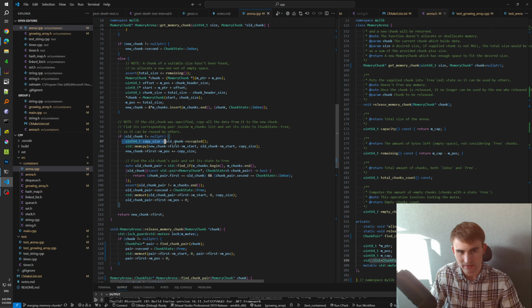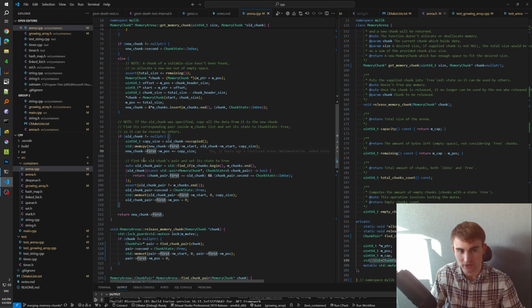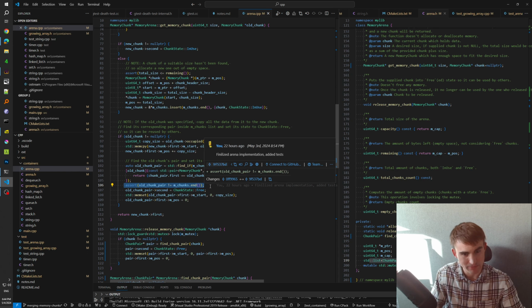We are trying to figure out, okay, how much memory was occupied in the old chunk, and if there was some space occupied, we just copy it to a new chunk from the old one, and we change the position of the new chunk, and then we find the iterator of the old chunk, and it shouldn't be end, because otherwise we are doing something very wrong here, and that might be the chunk from a completely different arena, and